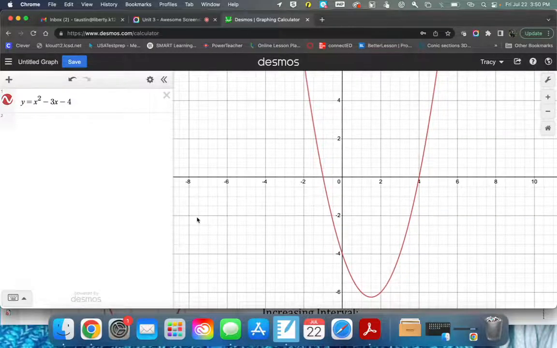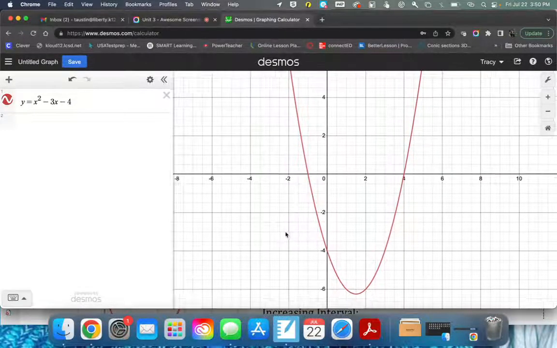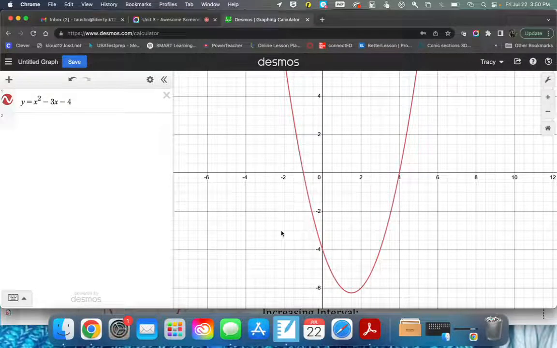Now, with your iPad, you can zoom in and zoom out by pinching the screen or pushing it out. You can also click anywhere on this graph, and it will give you a point value. You can drag it, right? And it will do all of this. You can also go up to this little settings wheel on the top left,